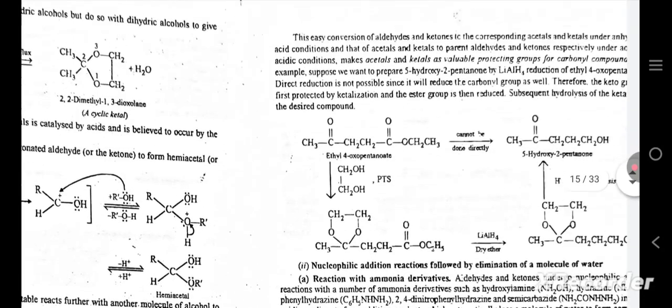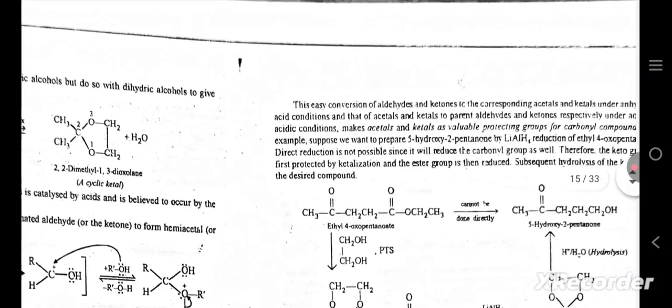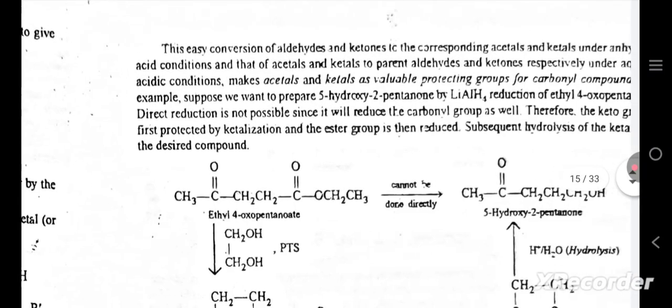Uses of acetals and ketals as protecting groups. Acetals and ketals, like other ethers, are stable towards bases and nucleophiles under neutral or basic conditions but are hydrolyzed back to aldehydes and ketones respectively upon treatment with aqueous mineral acids. The easy conversion of aldehydes and ketones to the corresponding acetals and ketals under anhydrous acid conditions, and that of acetals and ketals to parent aldehydes and ketones respectively under aqueous acidic conditions, make acetals and ketals valuable protecting groups